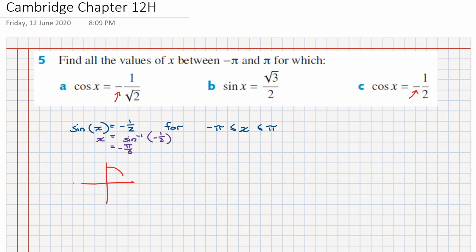Nice unit circle. And then recall that usually when you're dealing with a problem involving sine x, you ask yourself, well, where is sine positive? And you'd say it's here and it's here. But notice we're not dealing with where sine is positive, but rather, because we're dealing with a negative value on the right-hand side of the equation,